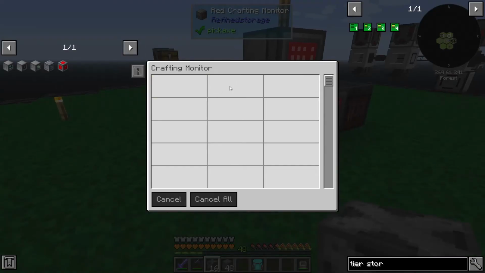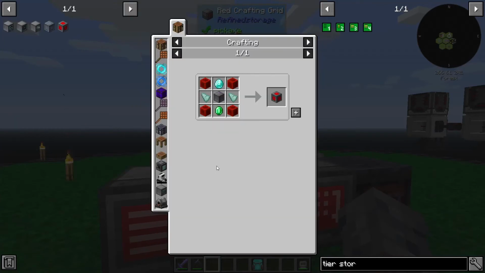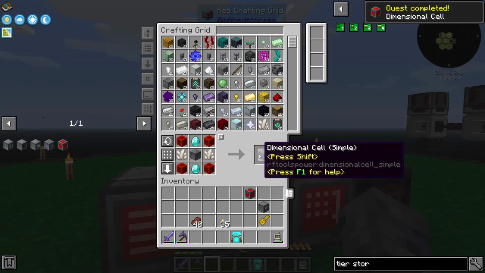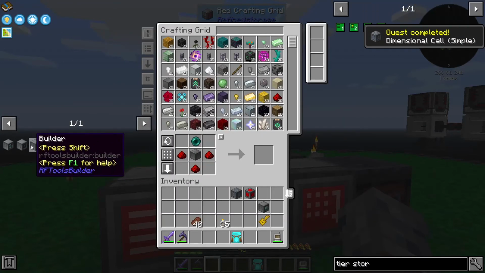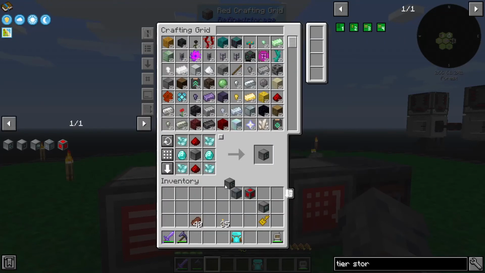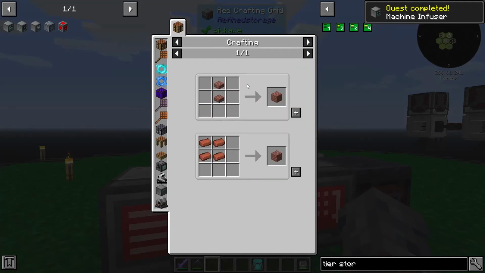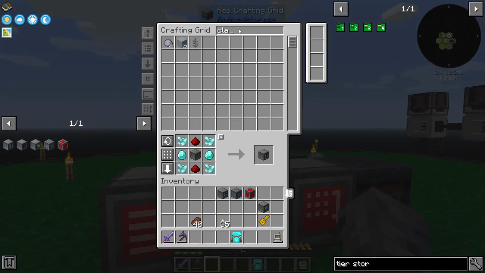We do need to make sure that we cancel this craft so we don't run into any issues. We can then start crafting up things. Dimensional cell, builder. We're probably missing the bricks. We already did the crafter, machine infuser. Perfect. Let's see. Lay. Okay, and then we need...